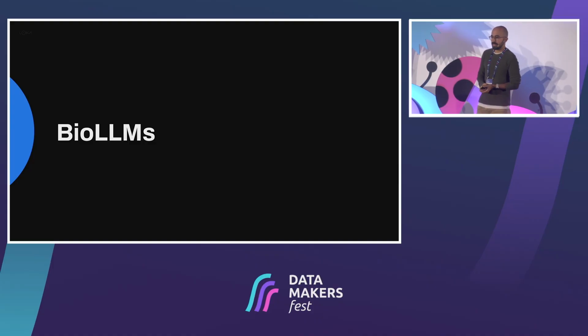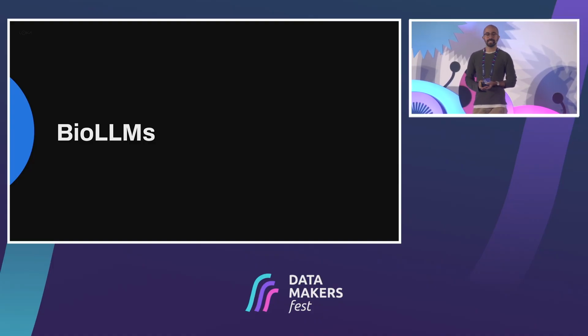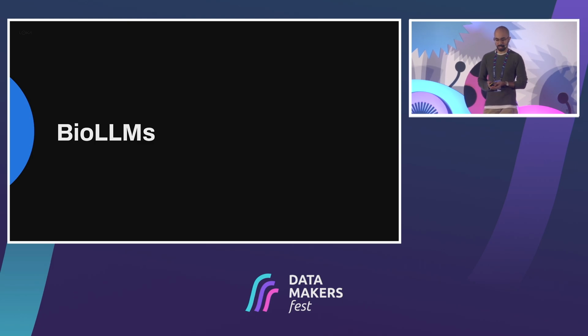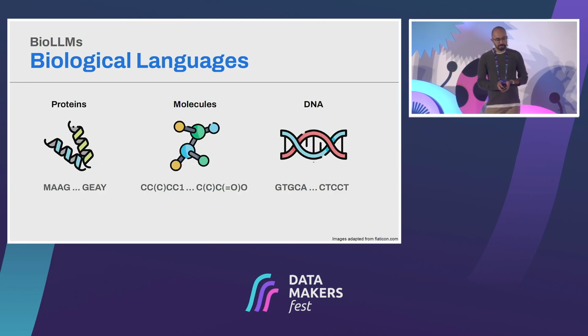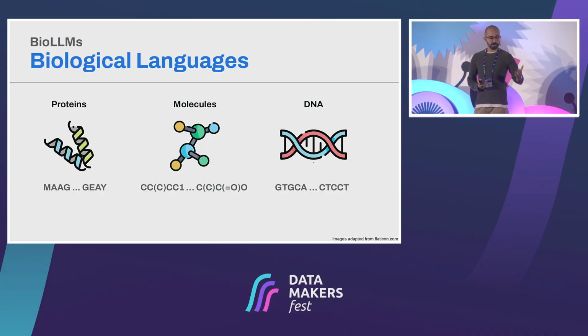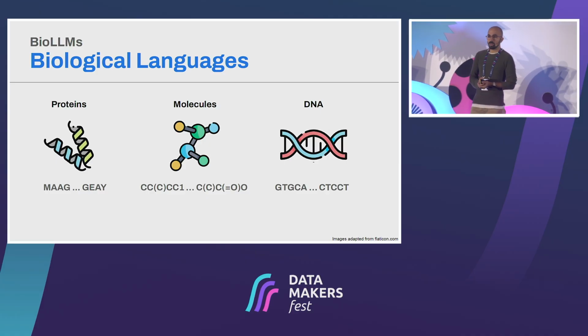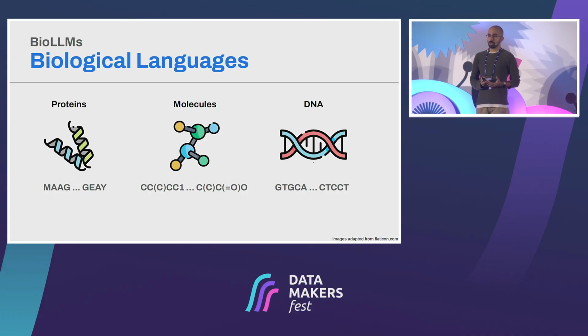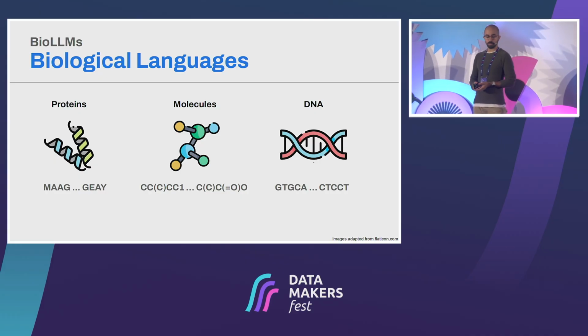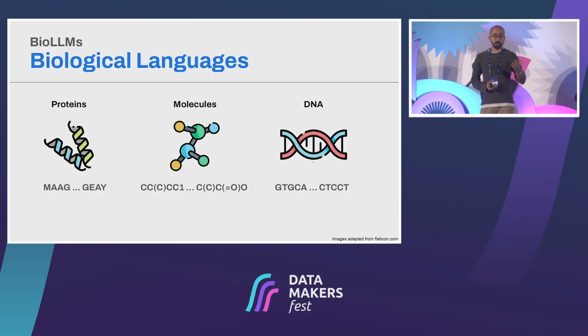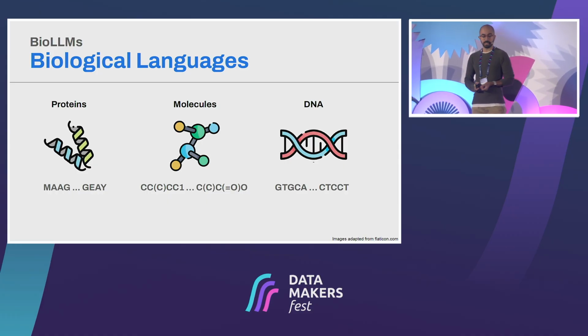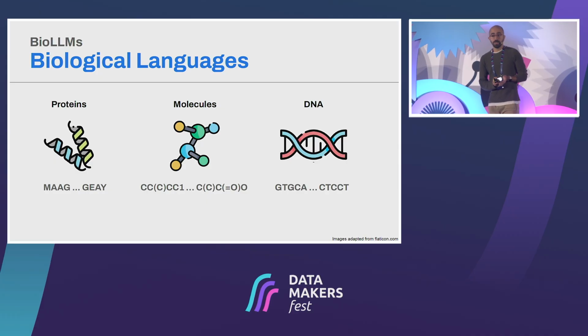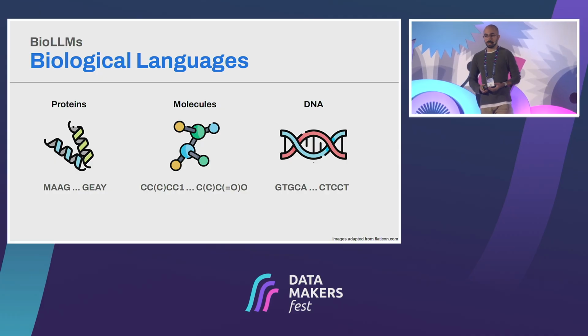Okay, so hopefully now you're thinking, that kind of makes sense, but where do the BioLLMs actually come in? And so if you think about it, the sequences that we've been talking about, so proteins, molecules, DNA, which I didn't really talk a lot about, they are all sequences of symbols that belong to a known vocabulary, right? So proteins are made up of amino acids, and molecules are made up of atoms and bonds, and DNA of nucleotides. And so if you think about them, they are basically languages, biological languages. And so here,